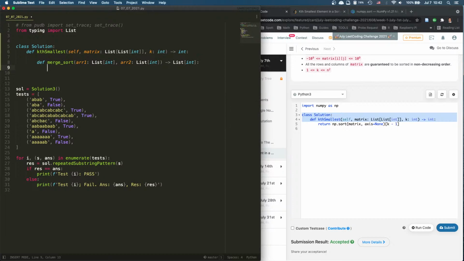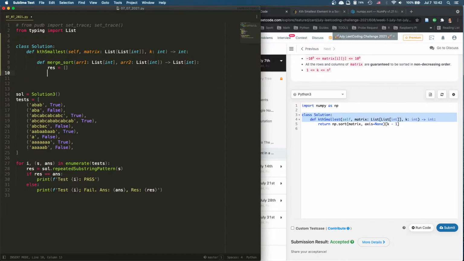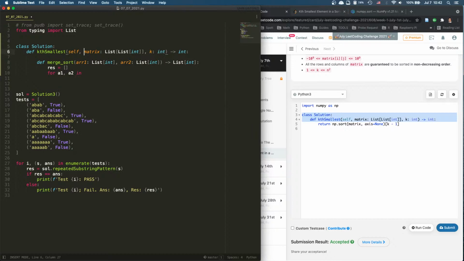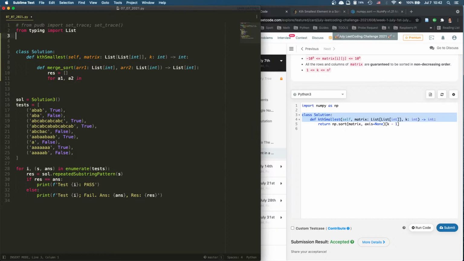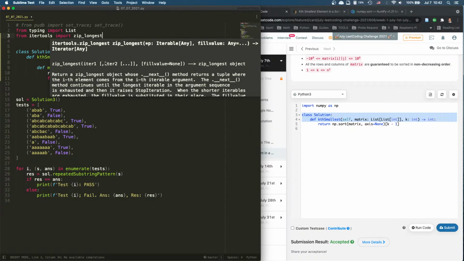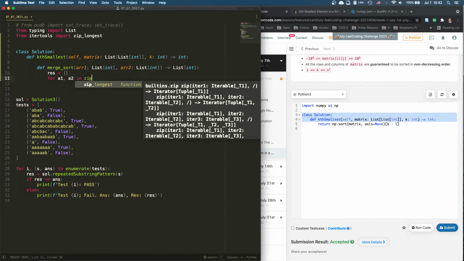But the 2 arrays might not have the same length, so we're going to say res equals a list, and we're going to say zip longest for a1, a2 in. So we're going to have itertools import zip longest. Yeah. So say zip longest,